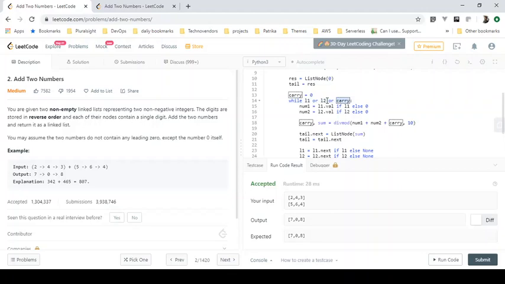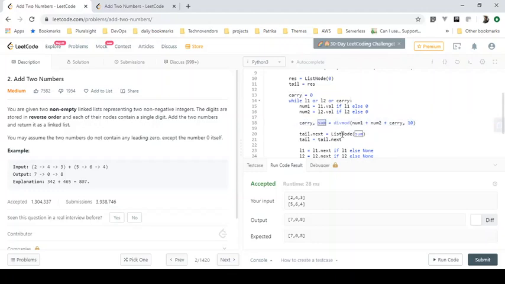Now we are done with 4 and 6. Now L1 holds 3 and L2 holds 4. num1 will hold 3 and num2 holds 4. Now 3 plus 4 plus 1 is 8, and 8 divided by 10 means there is no carry, and 8 modulus 10 means the sum would be 8.